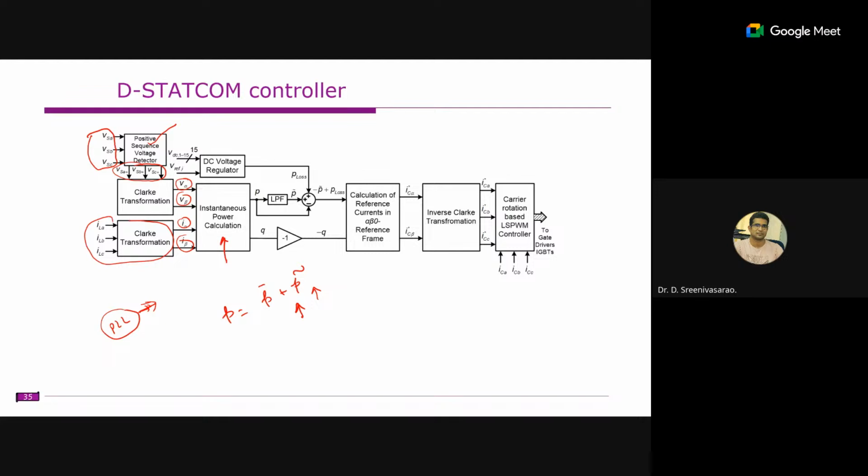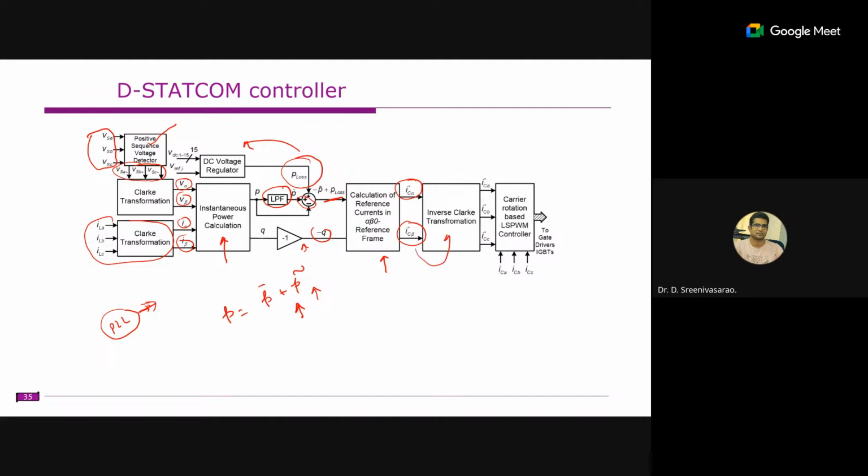So therefore, we can use the low pass filter like this, and this entire thing will give you the AC component, and this is the loss component, so that is obtained from the DC voltage controller. Right. So this will give like this, and Q is the measured Q. If you want to invert this one, we just need to multiply by -1. Right. So here the current references are generated in the alpha beta reference frame.